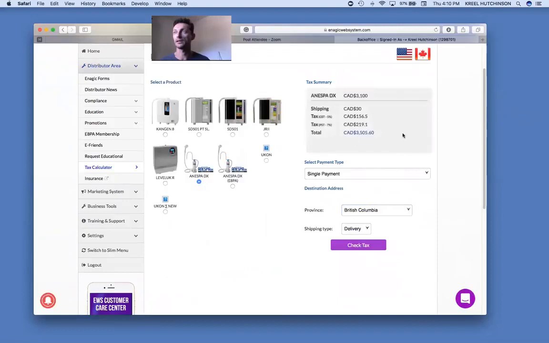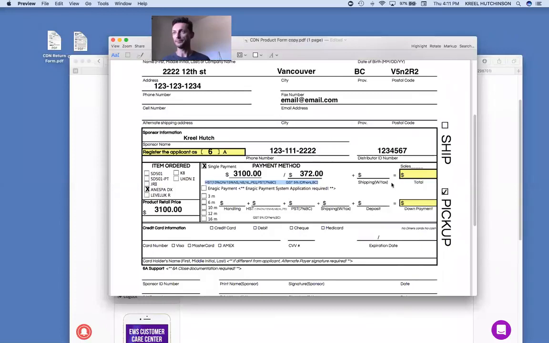So let's click on there, and we notice that for BC, for delivery, that would be the total, right? Now we're not doing a delivery, we're doing a pickup at the store, check the tax. So we've got 3,472, which is exactly what we got. So you just put in the total,